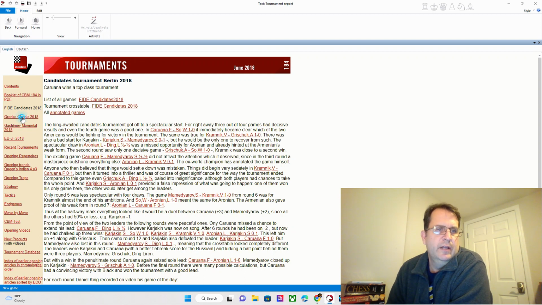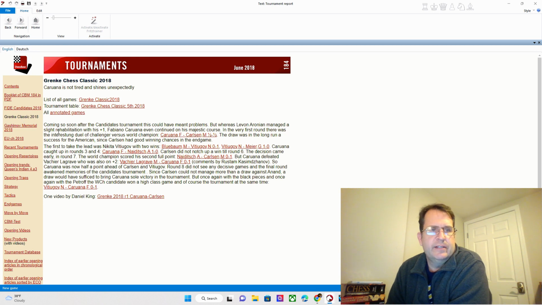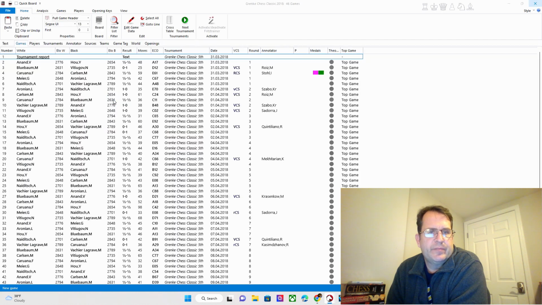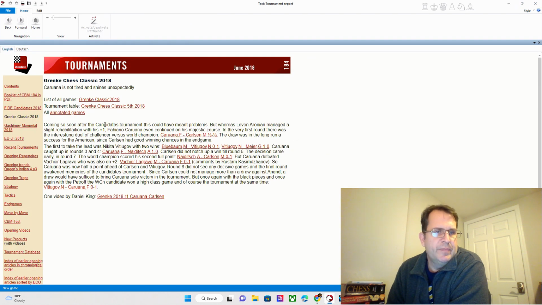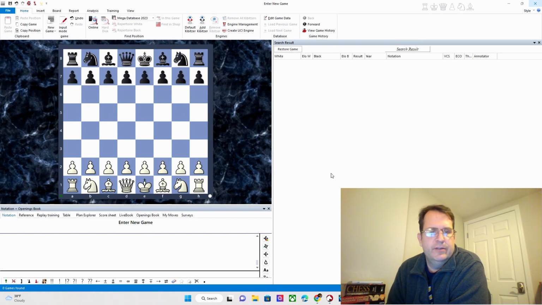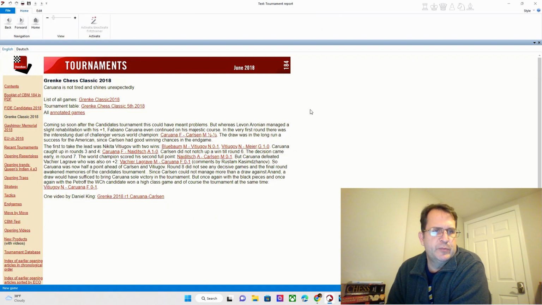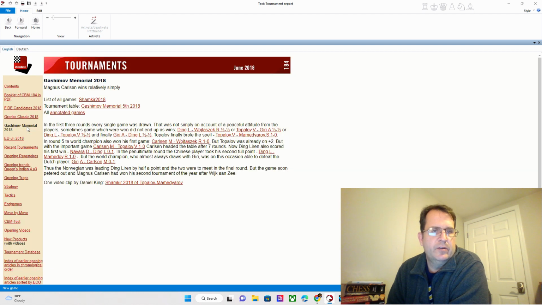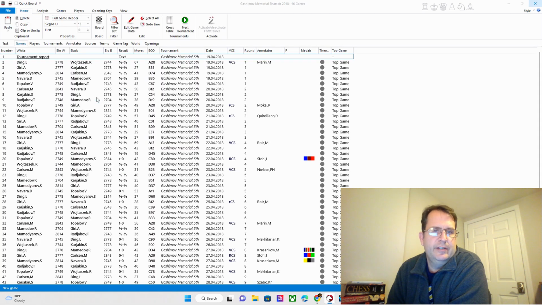Let's go down to the next one. Basically, this is a list of all the games in this tournament. You can look at the games all right here, the ones that they have here. And then also, if we go back, you can read through some of the annotated games. I don't know if they have any annotated games on this particular one, but I would suggest going through the games for the tournaments to see how your favorite players are playing. Here's another tournament. And again, here's a listing of all the games in that tournament.